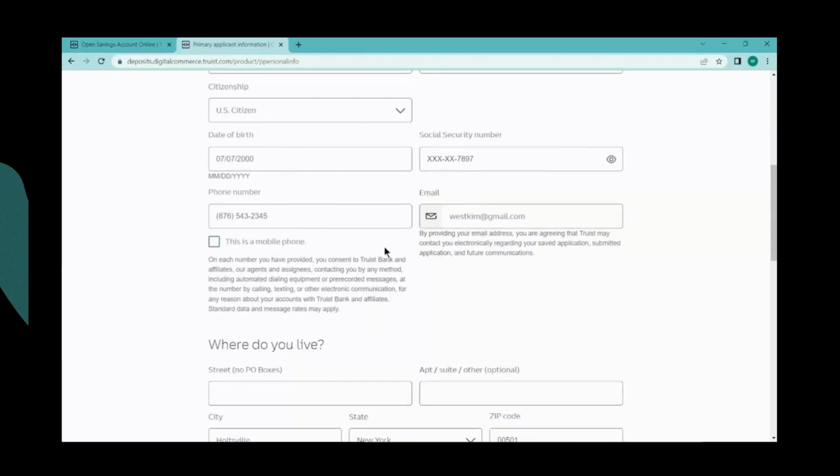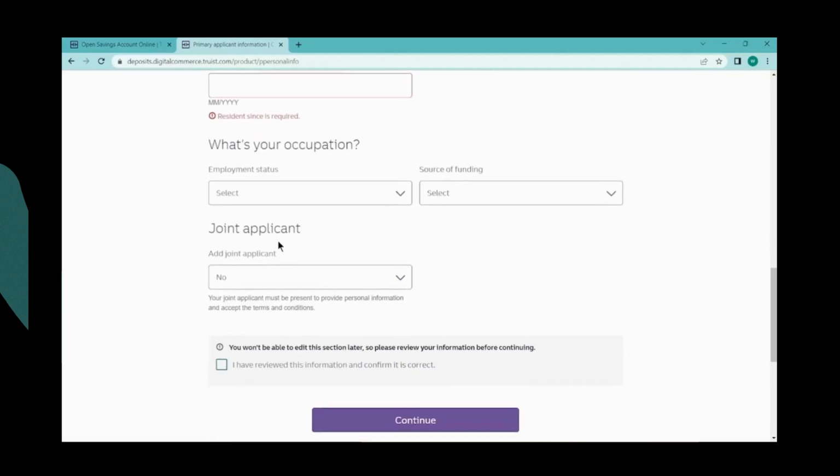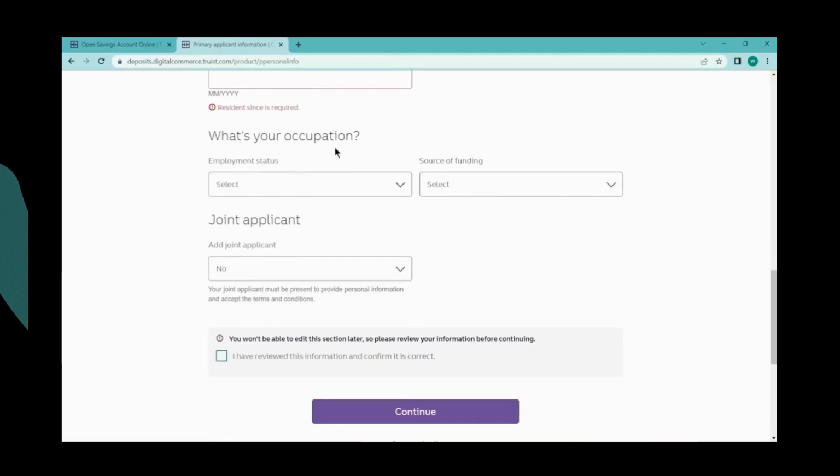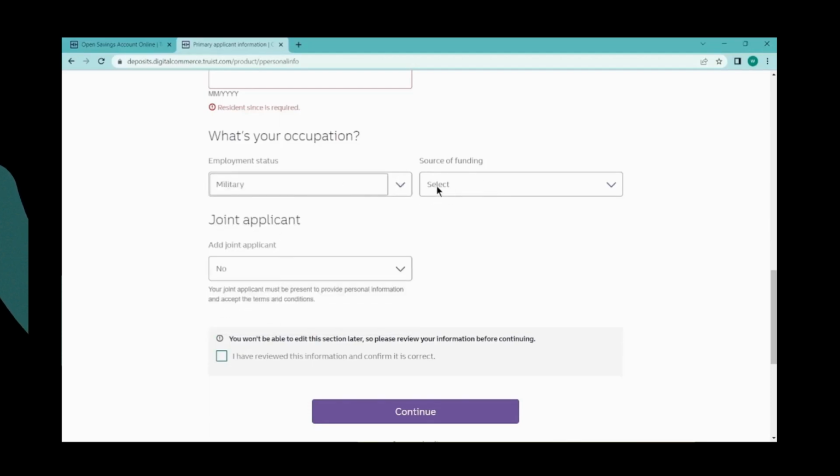And after entering your information, scroll down and here you have to enter your address, like where do you live. You have to enter your street number and then your apartment number, this one is optional, and your city, and then your state, and your zip code, and your residence date. And after entering that, here if you scroll down, here you have to enter your occupation, like your employment status. You can simply click on the drop down bar and then you can choose your employment status, and after that here you have to select your source of funding,